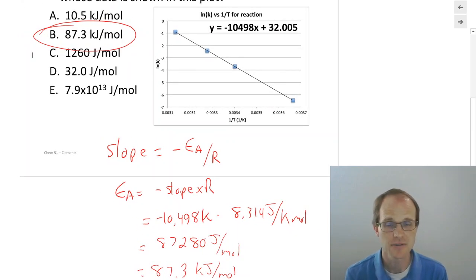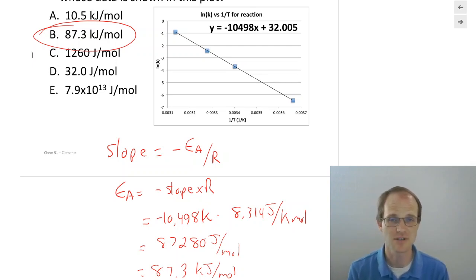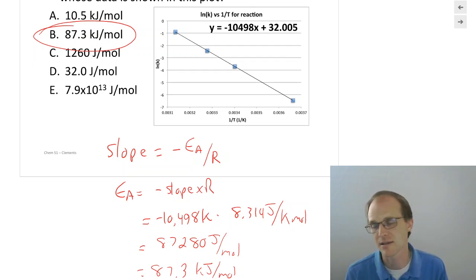So very simple to take data of rate constants and temperature. You take some natural logs, you take some 1 over temperatures. Temperatures have to be in Kelvin. Plot it, and your slope, if it's nice and linear, which it should be, comes out and you can get the activation energy. The reason this is so cool, folks, and it doesn't sound cool. You're like, oh, another thing to do, another thing to plug numbers into. But look at this, folks.